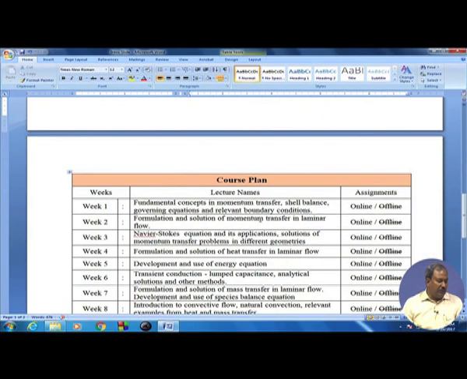Now, I will talk about the course plan a little later, but let us first try to see what is transport phenomena. For example, when you have a flow of fluid through a conduit, you should be able to derive an equation which would give you the relation between the pressure drop and flow rate of a specific fluid through a conduit of known diameter. So, if the geometry is known, you should be able to model the fluid flow process in such a way that the fundamental equation, when integrated with appropriate boundary conditions, would give you the velocity distribution of the fluid inside